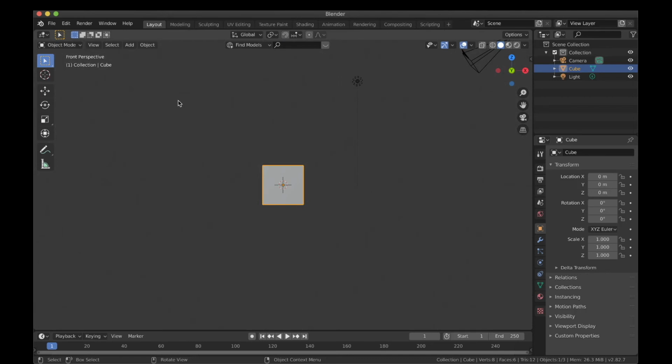The other major change that you will see is that when you are in front orthographic, you can see some grid lines and the axis lines. When we shift from the front orthographic to the front perspective view by pressing 5, the axis lines and the grid lines are disappearing, which will tell you that now you are not in orthographic view but in perspective view. So please keep that in mind as well.